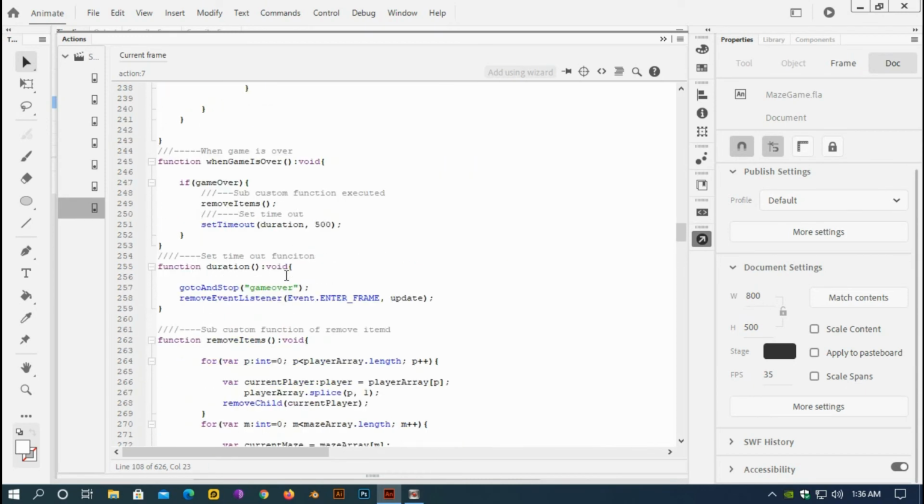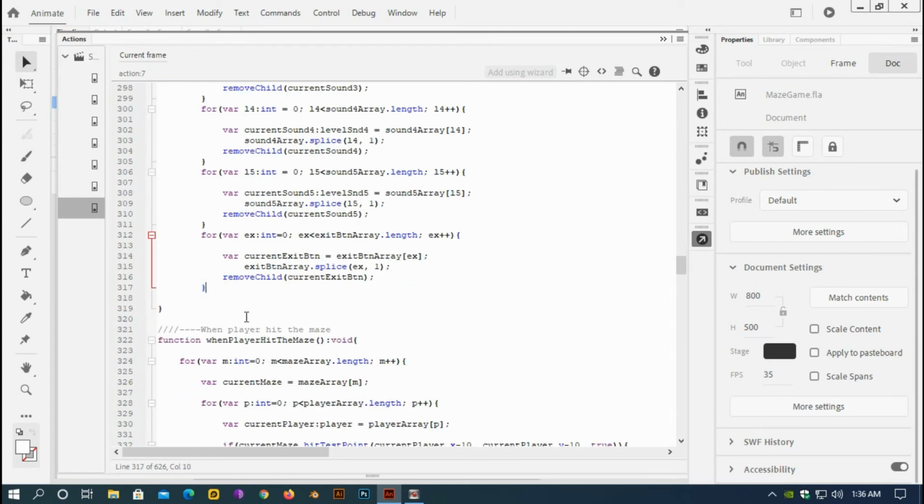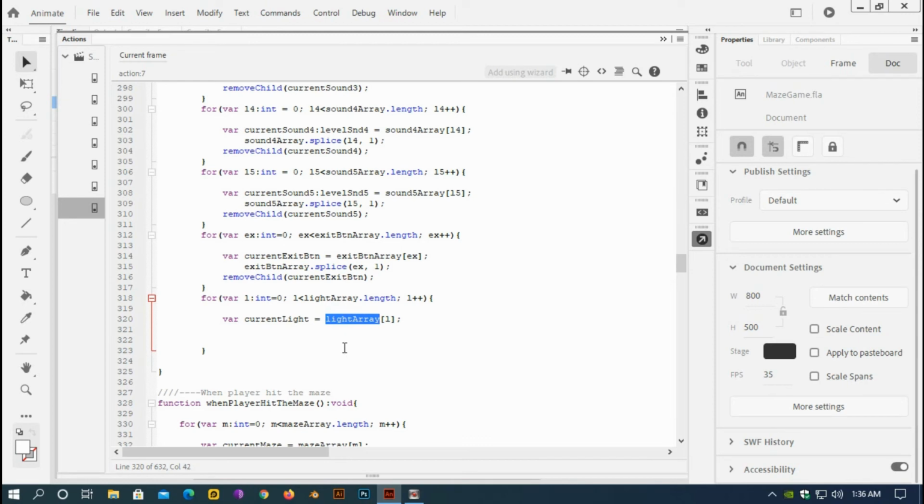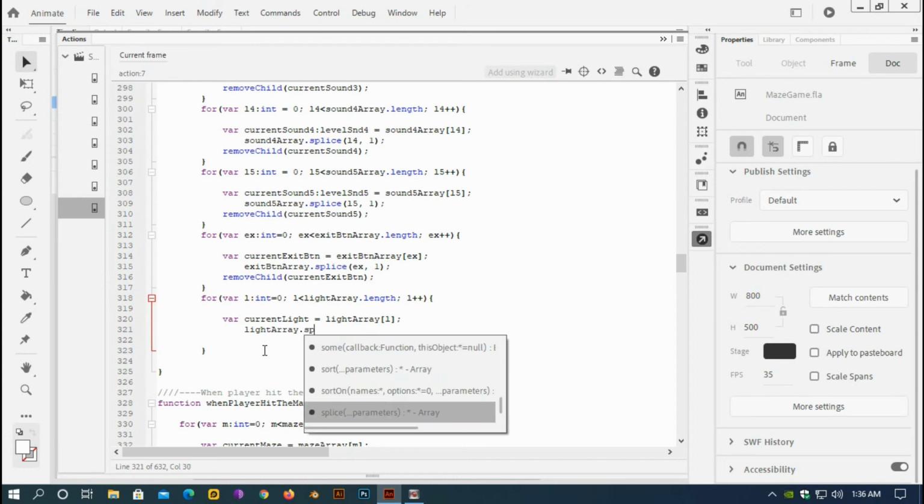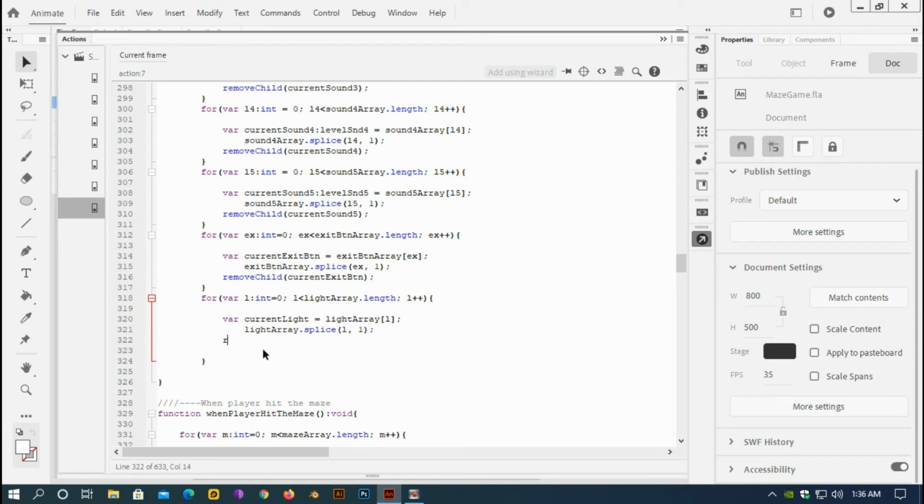Where is the remove item? So here I'll just paste it, get rid of the X and Y, and copy this one and paste it, saying light array dot splice L, 1, and remove child current light. Okay, and if I test it,